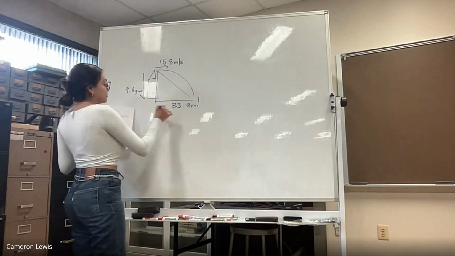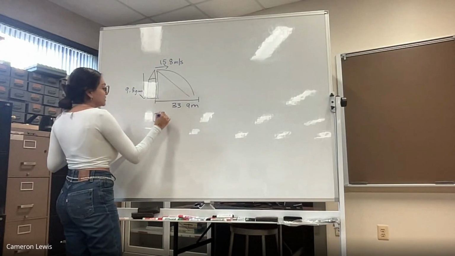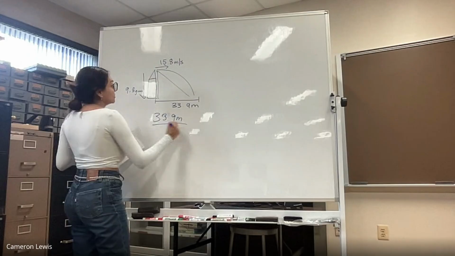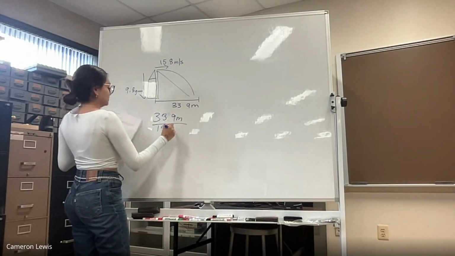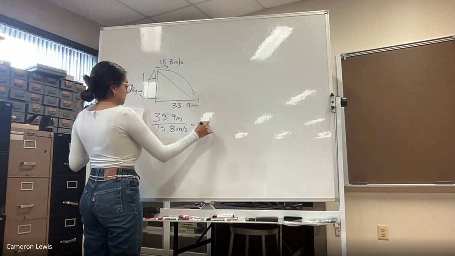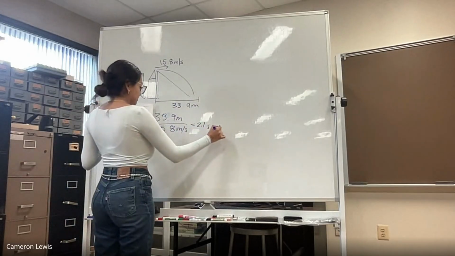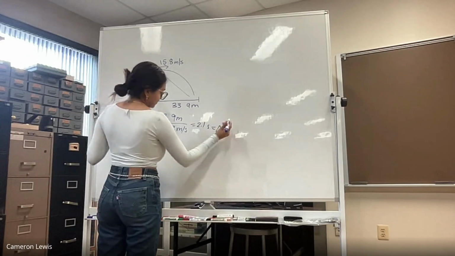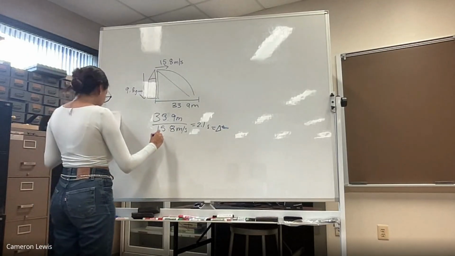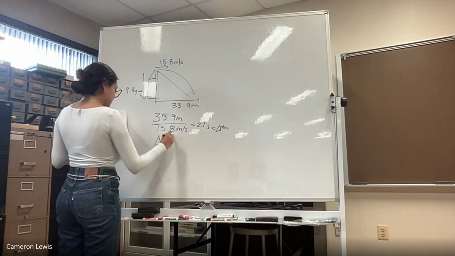So starting off from here, you know how far the ball went and the velocity it went at. So it's 33.9 meters over the 15.8 meters per second, to find out how fast it's going per second. And that will equal our time. And then from there, we're trying to figure out the height of the house, so the displacement,